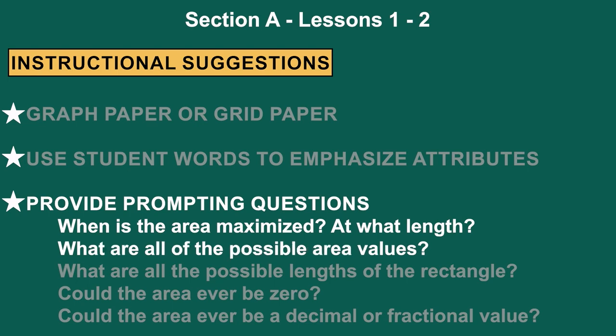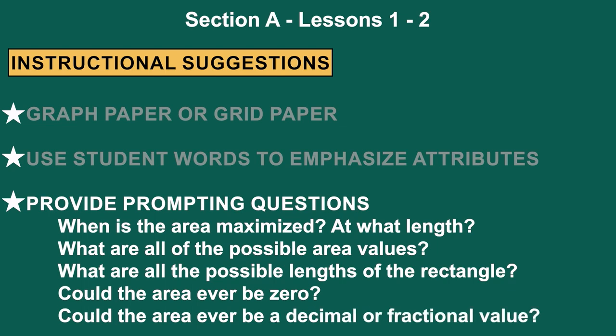is that? What are all the possible area values? What are all the possible lengths of the rectangle? Could there ever be an area that measures 0? Could the area ever be a decimal or a fractional value? These questions foreshadow key features of parabolas and can be used as a contrast with questions that we ask about potential maximum values for linear, or maximum values for exponential, or comparing the domain and range values between these types